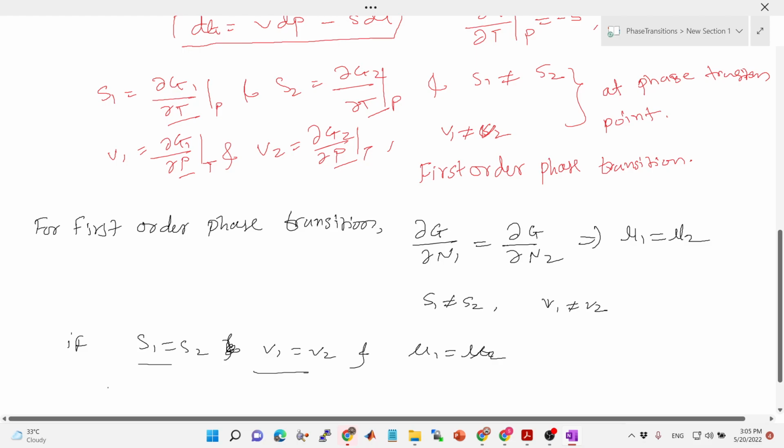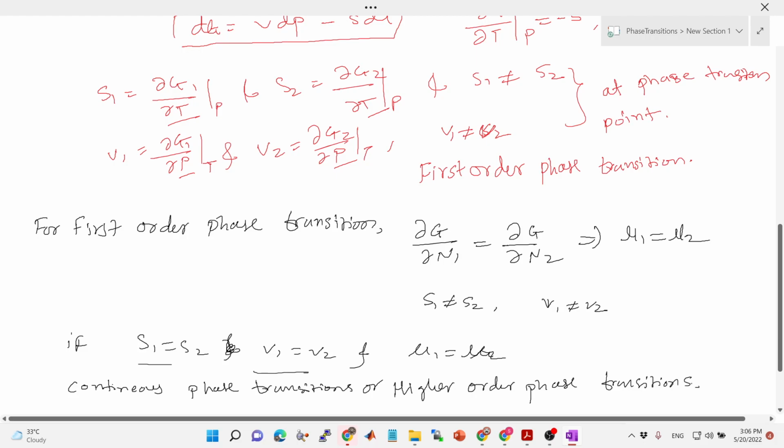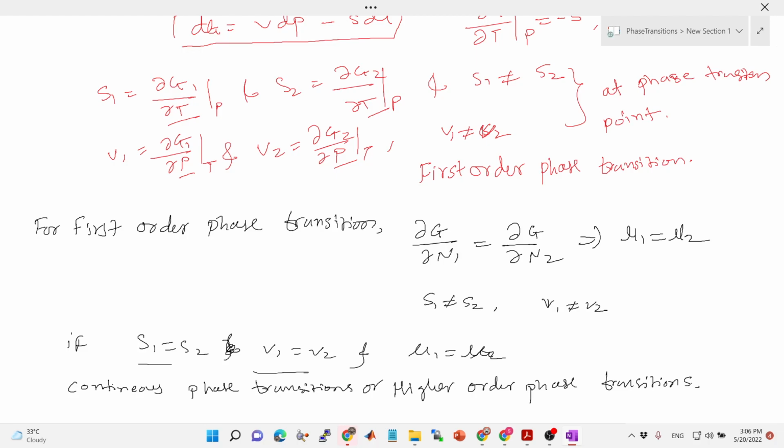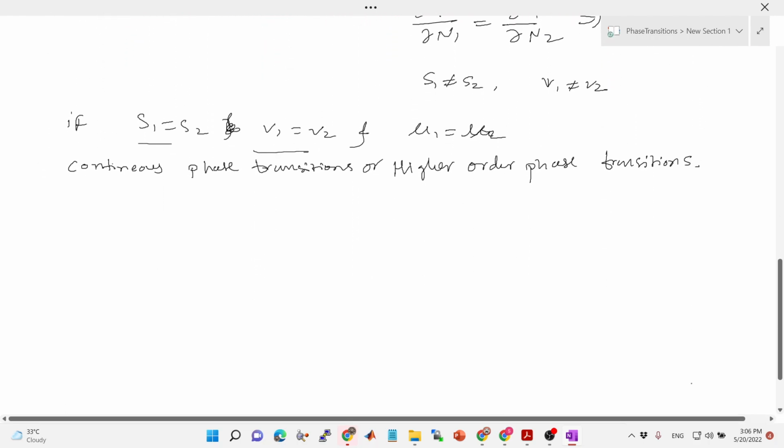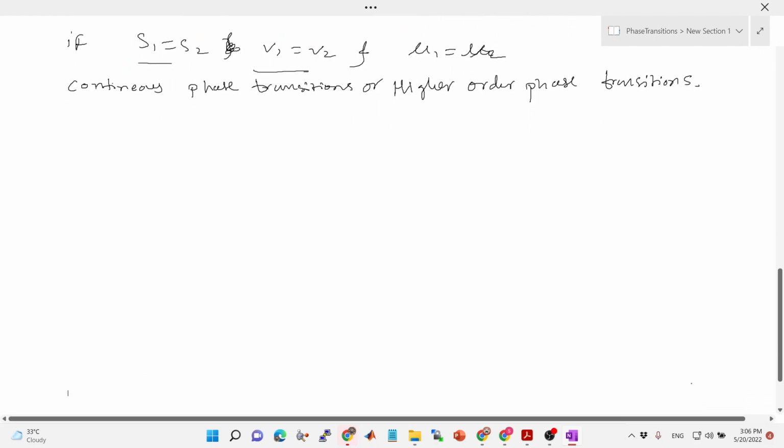Such transitions are called continuous phase transitions, or higher order phase transitions, like second order, third order. So this is how we classify based on the continuity of the derivatives of the Gibbs free energy. So if you want to do this graphically,